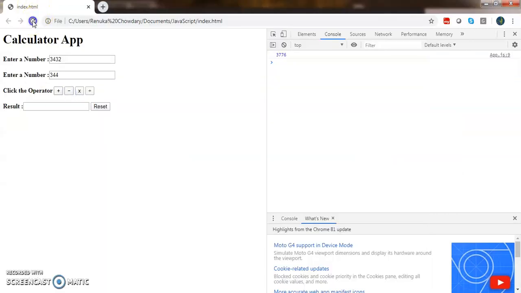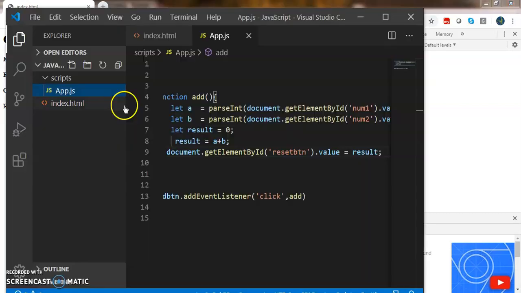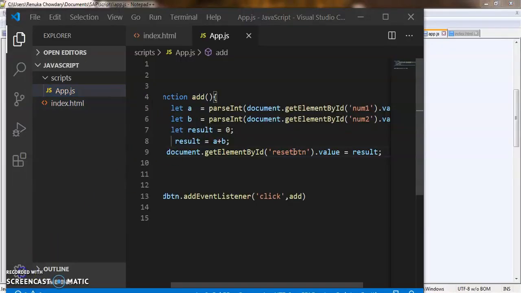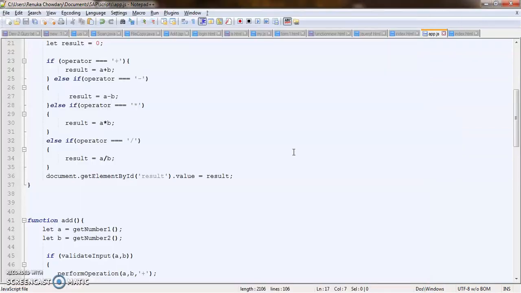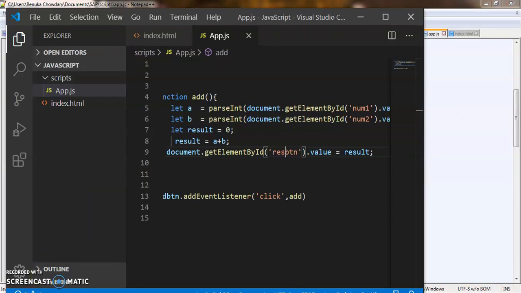Let's save this and run it. Enter two numbers. Add. Sorry, the ID of the result box was wrong. So let's relaunch this and run it.